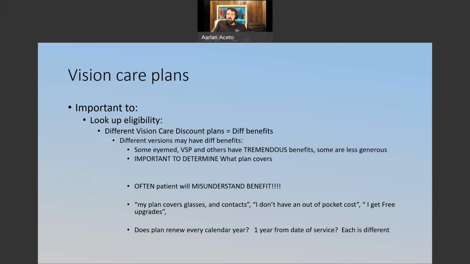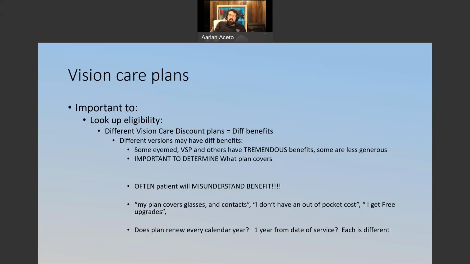So you have to be very, very careful, not what you think or what you're used to or what the patient thinks. Very carefully comb through the documents when you get an authorization, when you look at the benefits, make sure you're calculating these correctly. And I can't tell you how many times patients will misunderstand what they think they're entitled to. And a lot of them are, oh, I get glasses and contacts. Well, many vision plans will cover glasses or contacts. Some will say, everything I want is free and I have no out-of-pocket costs, when in fact, they don't, and